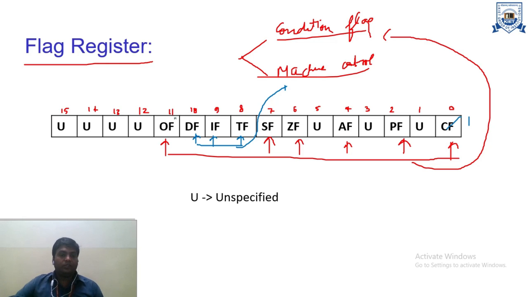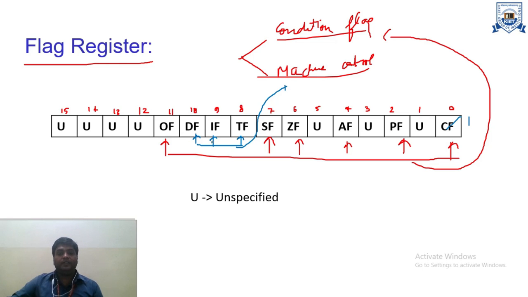The next one is the overflow flag. What does it mean? When we perform operations and want to store the result in the destination, the result cannot be stored, or we can say the size of the destination is lower. For example, if we perform addition of two numbers and get 17 bits of information, this 17-bit information cannot be stored in a 16-bit register. That is why it is considered the overflow flag.